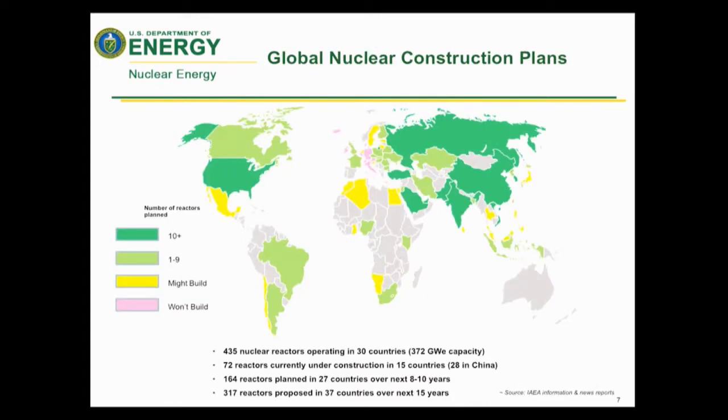Now, looking forward, what are the plans? The plans are very ambitious, and I think Mark pointed out that the plans in the U.S. are ambitious. Plans are plans, okay? Getting the shovel in the ground, that's when things become a reality. Getting the loan, that's when things get to become a reality. But right now, there are